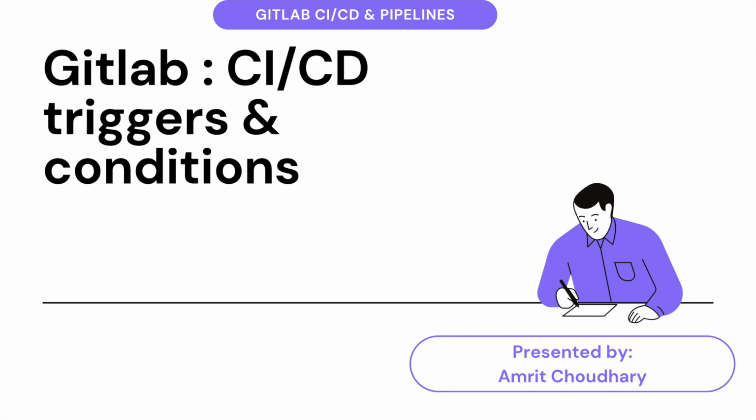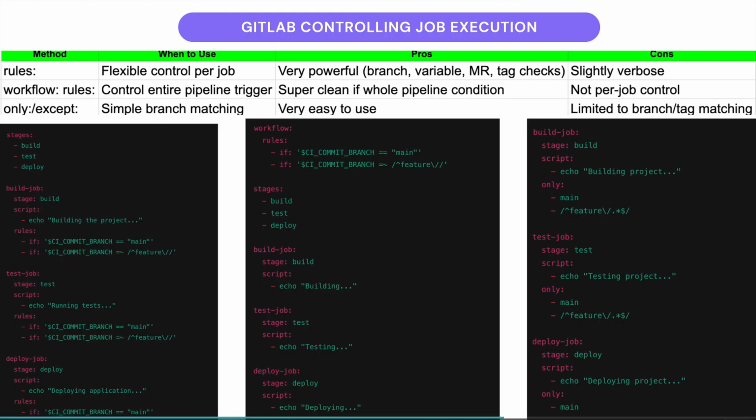Hello everyone. So today we'll be learning more about the triggers and conditions which can be enabled in a GitLab CI/CD pipeline. There are various methods, and we also need to understand when we can use those things. A more common and simpler method is, whenever you define the GitLab CI/CD pipeline, you can have